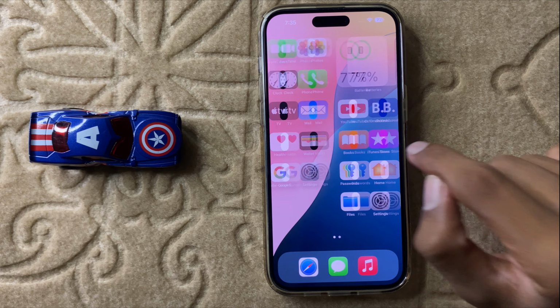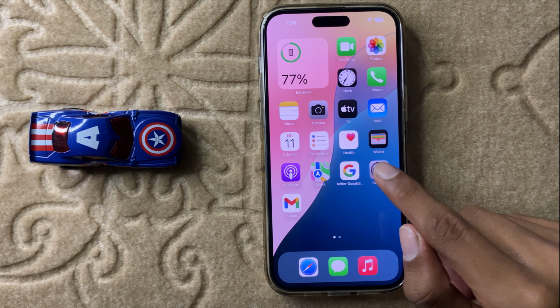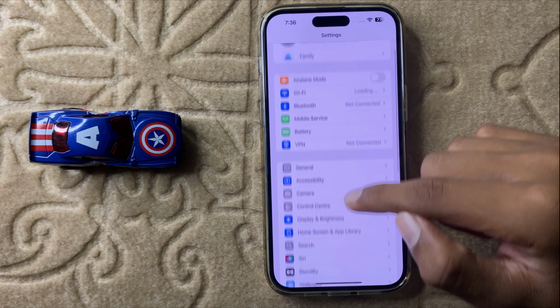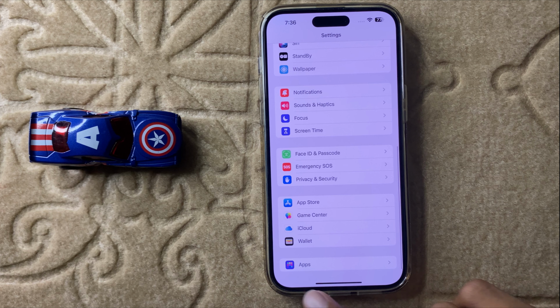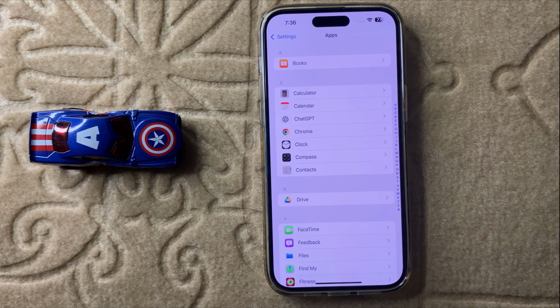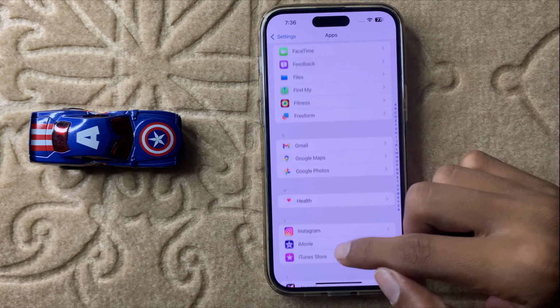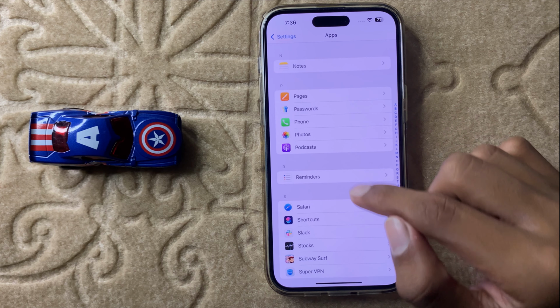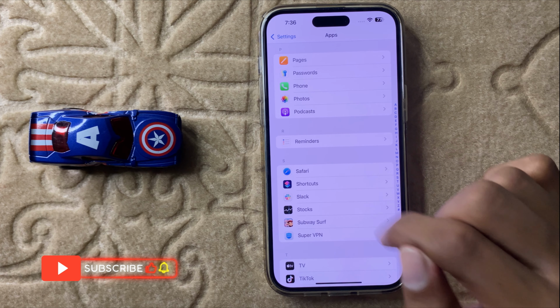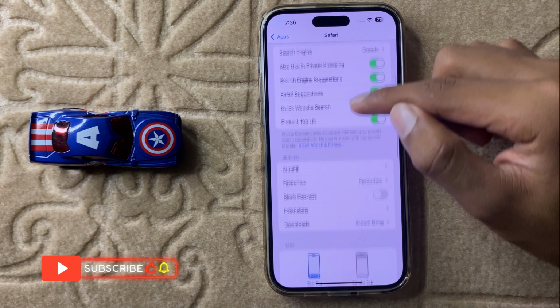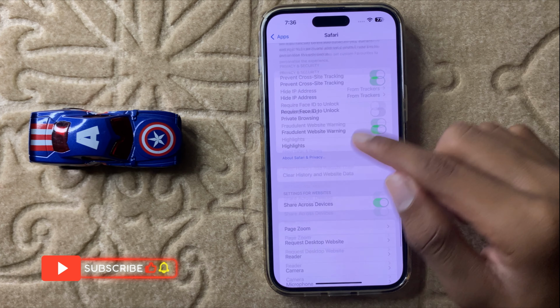First of all, open Settings. After opening Settings, scroll down to the last and then click on Apps. And then here you can find Safari. After finding Safari, open it and then scroll down to the last and you can see the option